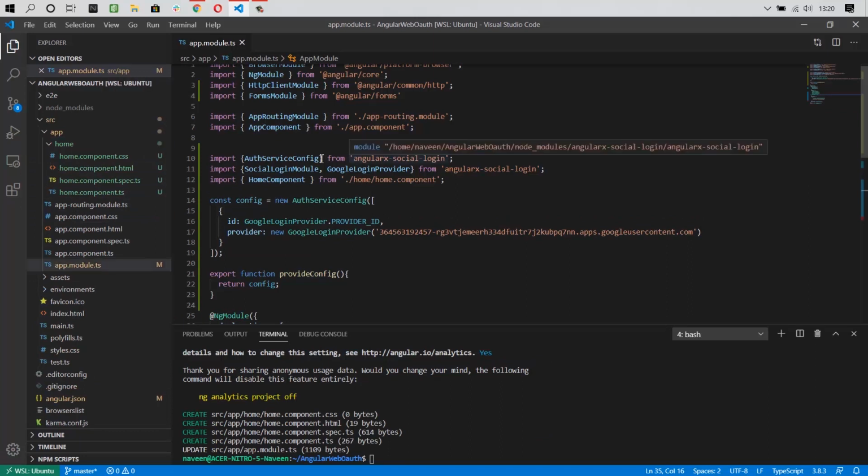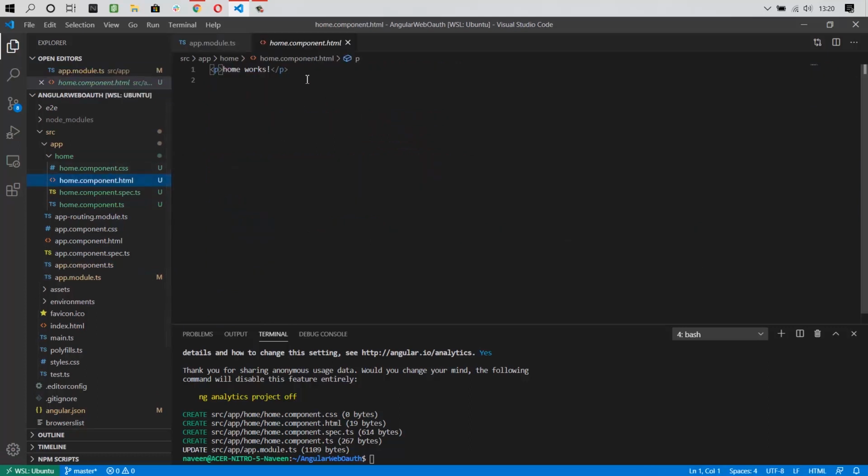Now we are going to create the UI. So in home component HTML, I am going to create this. So this is default text. I am going to remove this. And here I am going to perform two operations: before login, after login. So I am going to divide it into two parts. So first division, that is for before login. And so I am giving some class.